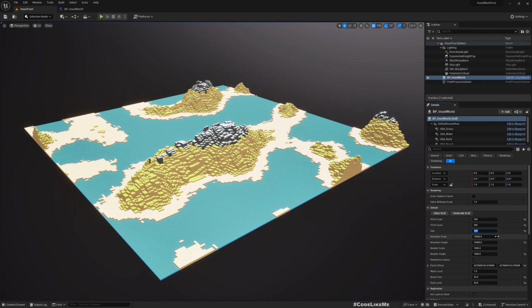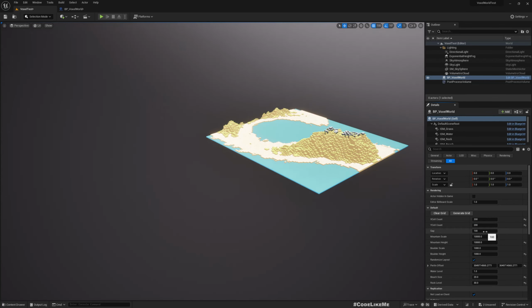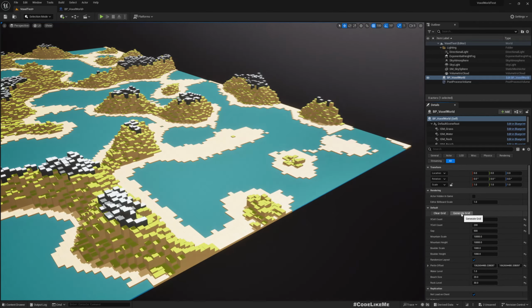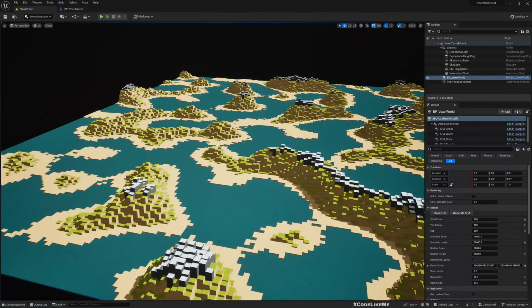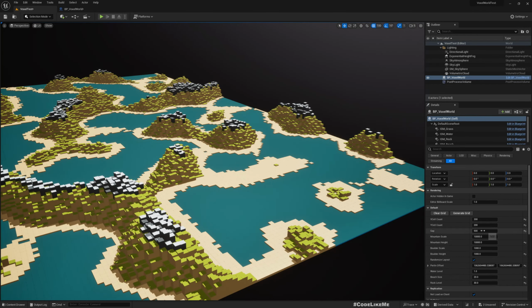Also, we have this gap. So this basically defines the size of one voxel. If I make it 100, now you see this becomes smaller because this cube size becomes smaller. If I make it 500, one cube is larger, so that's why we get this large landscape. So